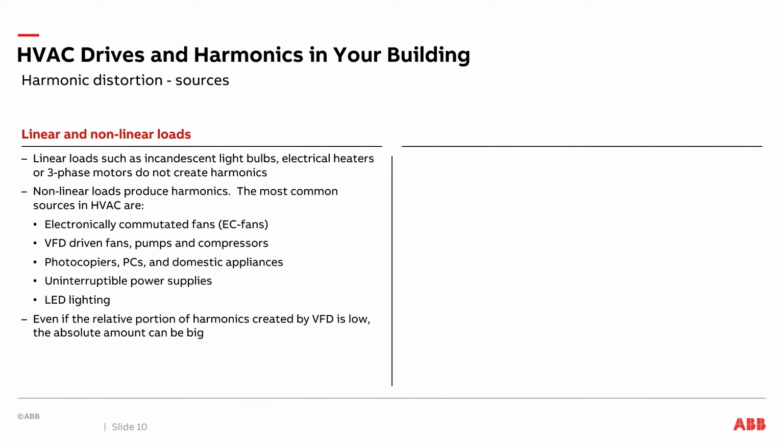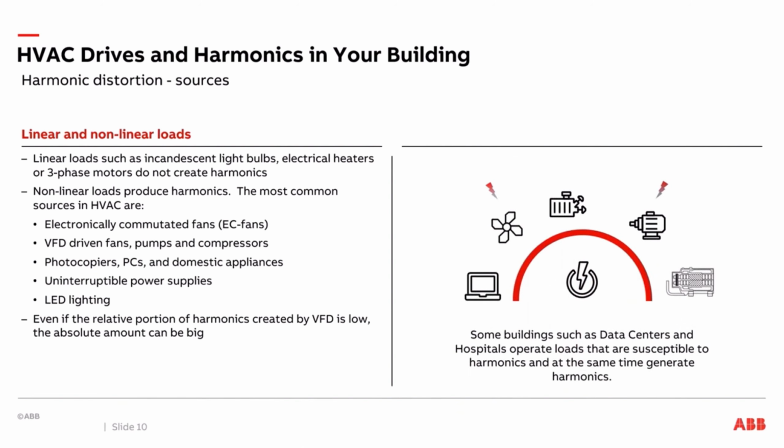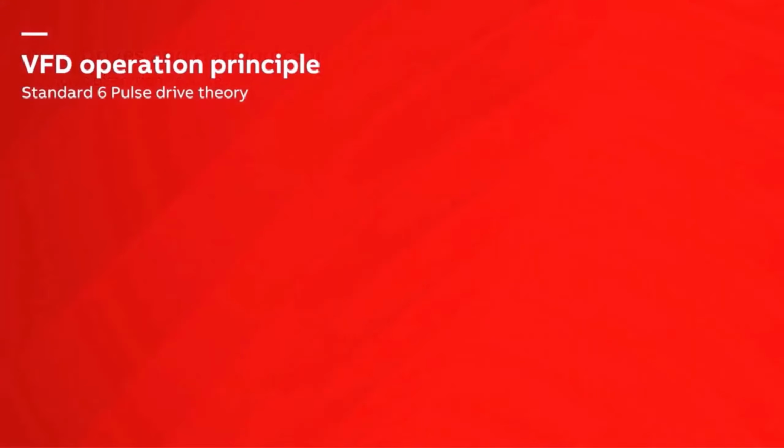Even if the relative portion of harmonics created by the VFD is low, the absolute amount can be big. The more items that are creating harmonics can total up to a large amount of harmonics. Some buildings, such as data centers and hospitals, operate loads that are susceptible to harmonics and at the same time generate harmonics. For reviewing harmonics, we are going to start with the standard 6-pulse drive and how a 6-pulse drive